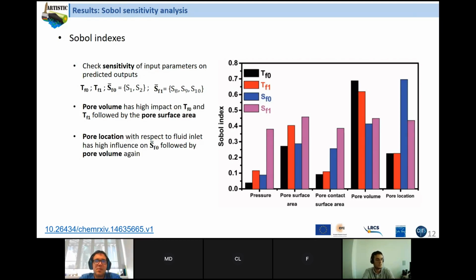And also we see that the pore location with respect to the fluid inlet has a high influence on SF0, followed by pore volume again. So it has a high influence on the saturation values at the beginning of the saturation curve. And actually this makes sense because one thing that is visible, at least from our experience from LBM simulations,